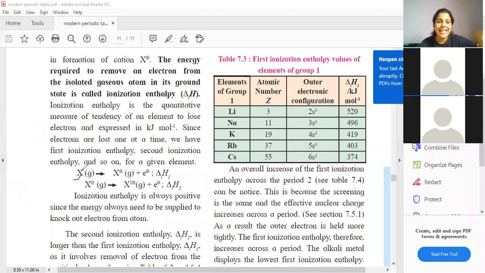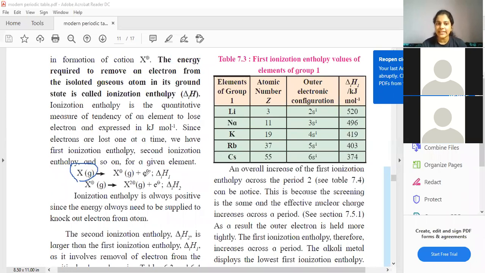Students, you all can see any element X. Again I'm repeating here, X is not halogen, it is just a general representation. So any element X which is obviously isolated, you all can see it is in one form, right? X2 ऐसा कुछ नहीं है. So this is an isolated atom which is in gaseous state. I hope you all know this. When you all write in brackets, S stands for solid, L stands for liquid, G stands for gas. So this is an isolated gaseous atom.